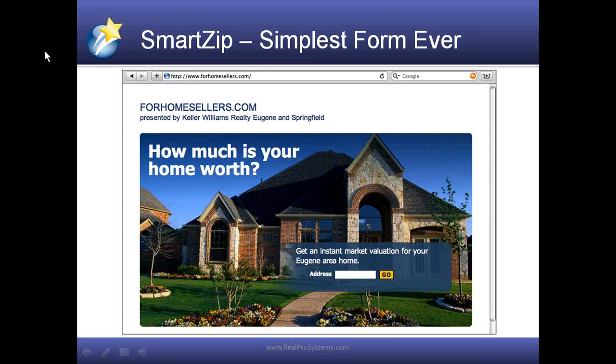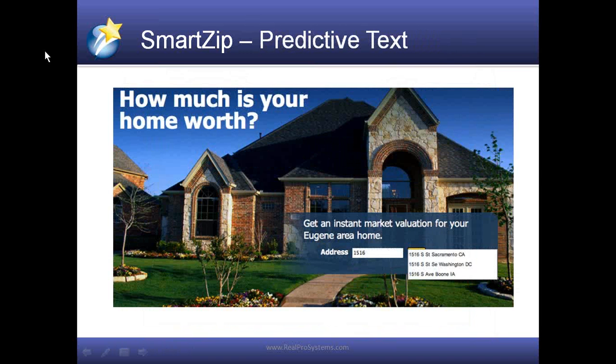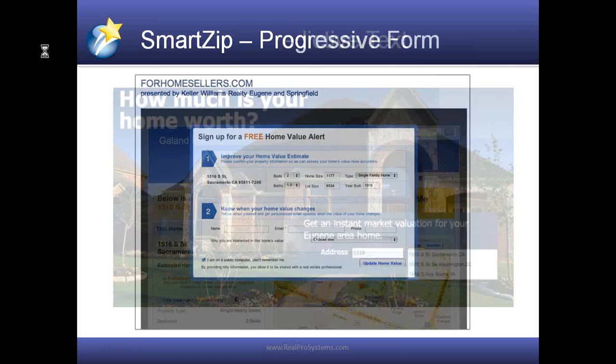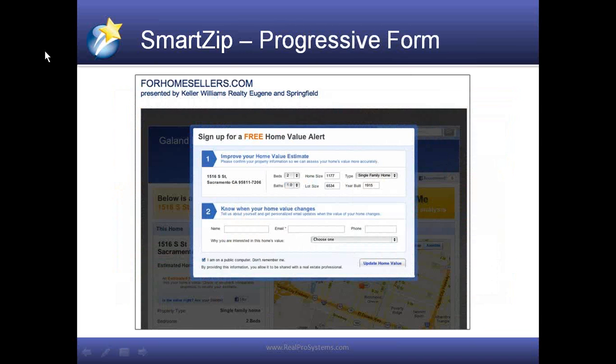Okay, so where we're kicking butt with this thing is that people will type in the address of their house, and they instantly get to see how much the house is worth. I'm not asking them for any information about themselves, phone number, or email at this point. As Mark goes through a few of these slides, he's filling in information here, and it will actually pull up the comps right away. In a few seconds it shows them the information, and then they've got to fill in this form.